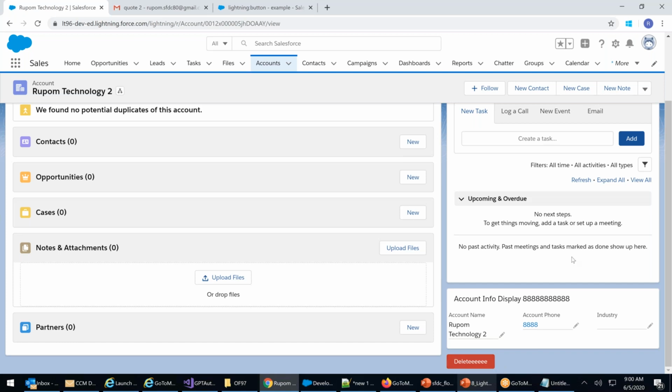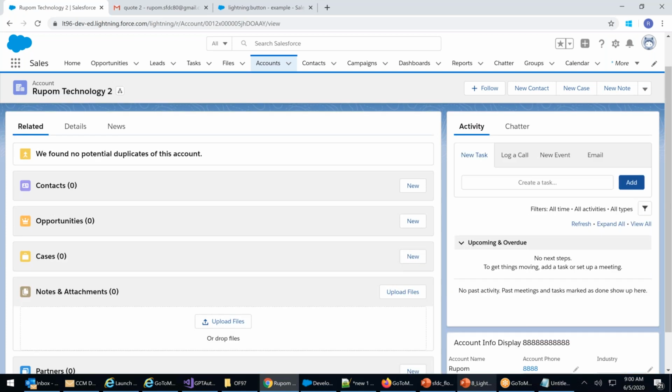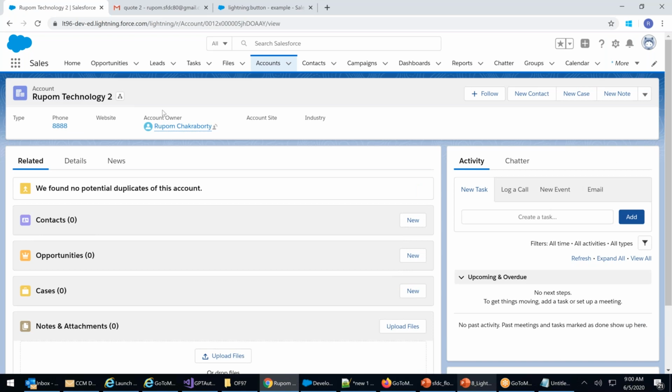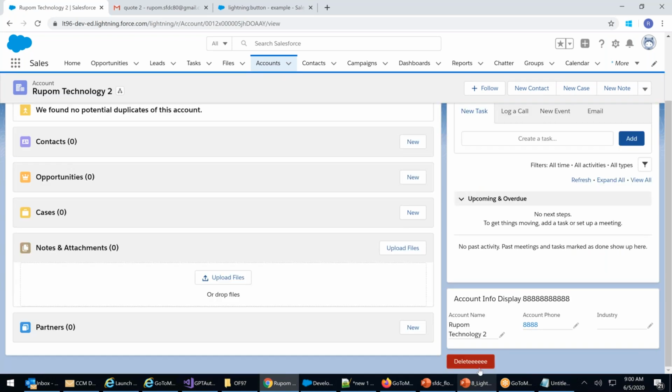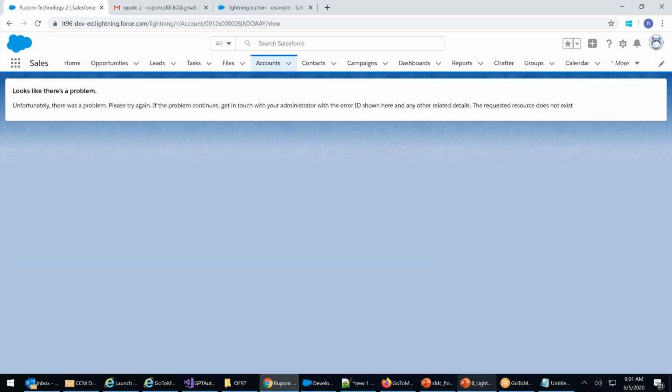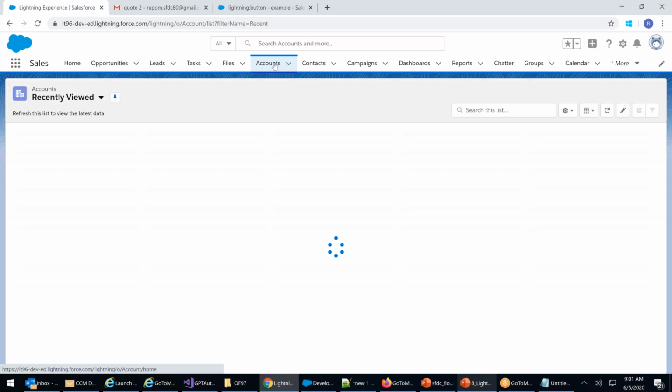I told you these are all cards. See, these are cards. 3-card concept. This is the whole 1-card account, top level. Now you see that I didn't give a card concept. A button comes called delete. You click this button and automatically, because I have not written the reload function, right? I have to reload to the account home page, not this component. Load, refresh what account? Now this account got deleted. Next time when I go, I will not find Rupam 2 private limited.